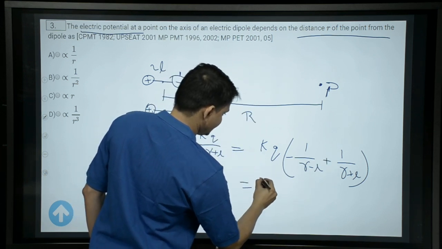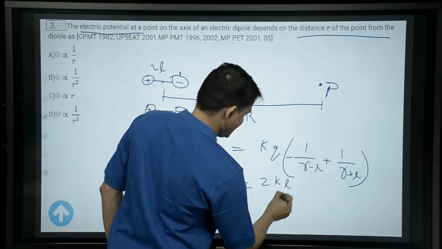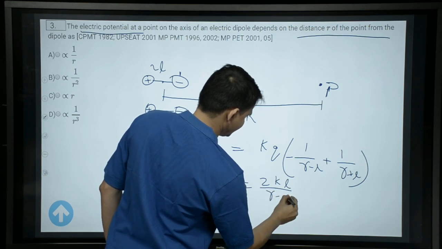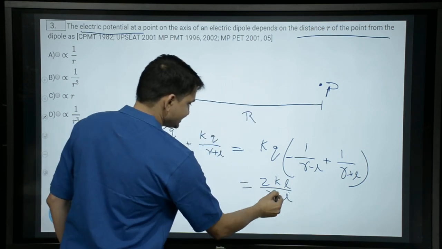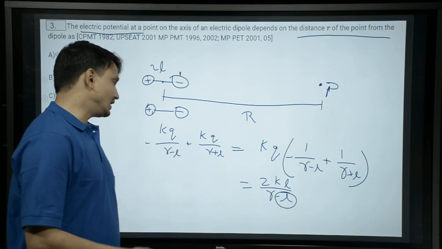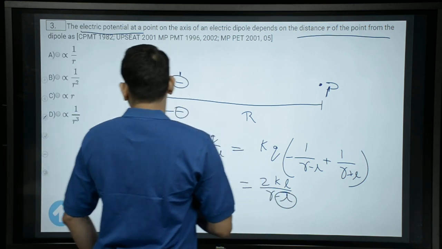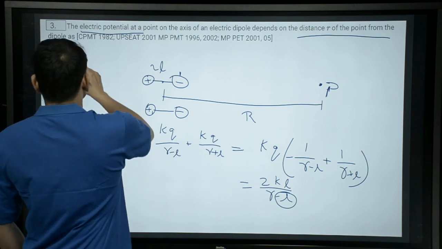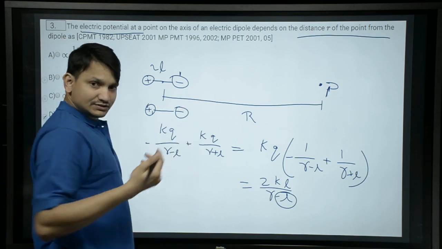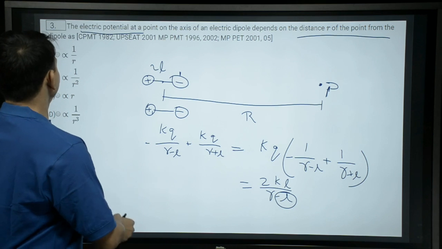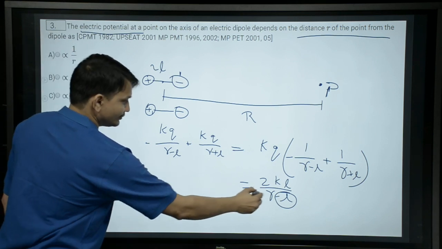We will be getting 2KL by R minus L. Again, this L is quite small as compared to R. We'll be ignoring it, and so that's why this electrostatic potential here would be